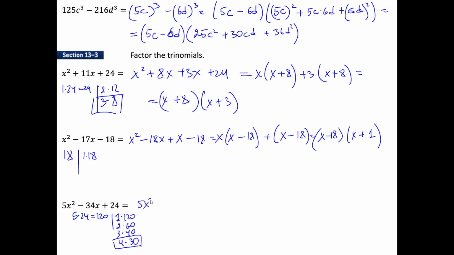So 5x squared. Now I need negative 34. To create negative 34 out of 4 and 30, I have to take negative 30x minus 4x